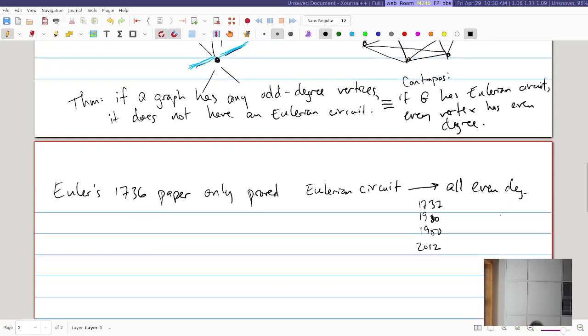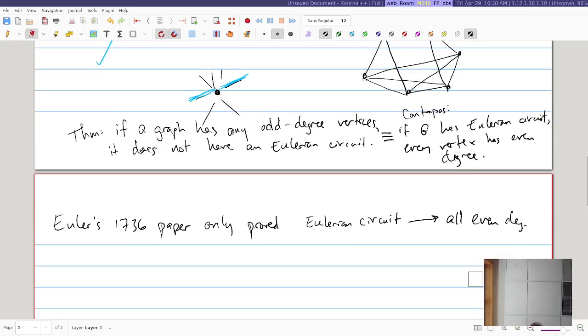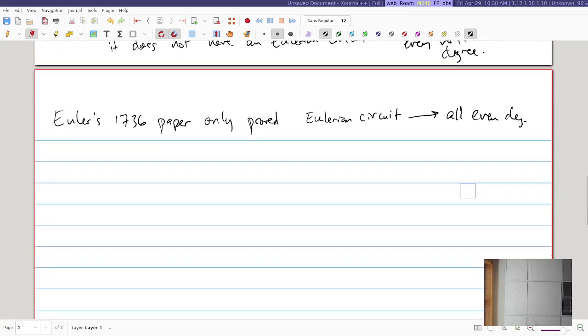So I guess Garrett wins because the answer is actually 1871. Although 1950 is closer to 1871 than 1737 is. So if we're just playing by closest, anyway. In any case, the point is, it's kind of remarkable that it took like 150 years basically before someone proved this. I don't think it was necessarily because it was all that difficult. It was just like no one cared, maybe, or just people kind of assumed that Euler had proved it, and then they're like, no, actually,